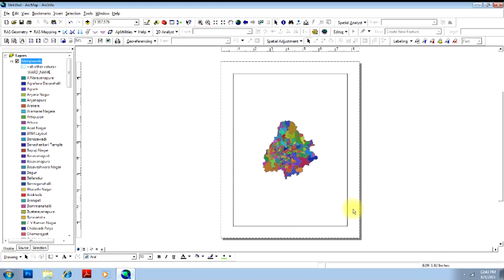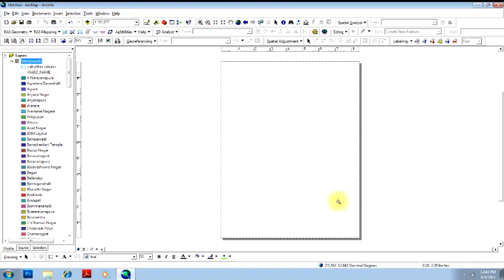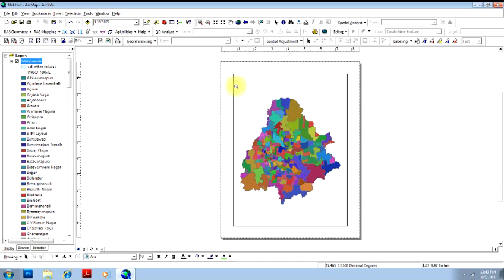thereafter the zoom in and zoom out buttons are a little different. If you click this, you can see what is happening. Only the feature that you are selecting is getting zoomed in, whereas your entire map is not getting zoomed in. So be very careful when you are using these to zoom in and zoom out. This is basically used to enlarge or reduce the size of the data and not the map.